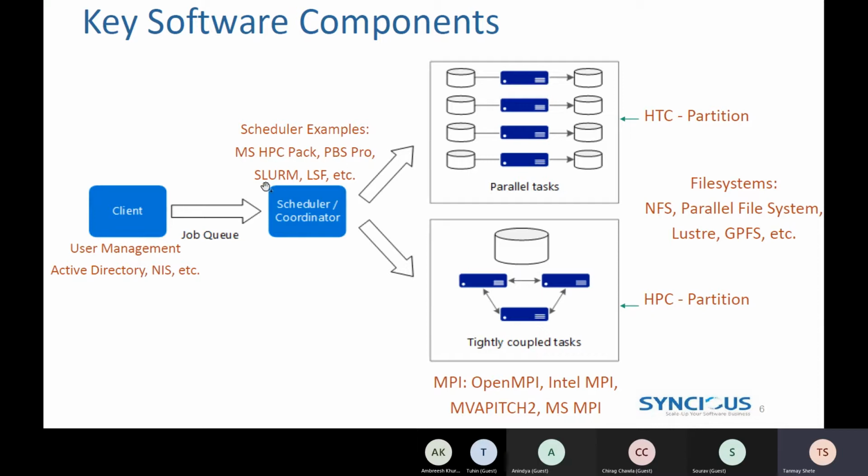So there are many options. Here we deployed Slurm as the scheduler, and as I said, you can decide the partition, whether I want to submit a job to the HTC partition or the HPC partition, and based on that the job will run. And of course on the HPC partition you will need some kind of MPI mechanism. So we have OpenMPI deployed, and even the Intel MPI runtime is available there. But most of your binaries are built with GCC with OpenMPI, not with the Intel compiler, so we recommend you use OpenMPI.